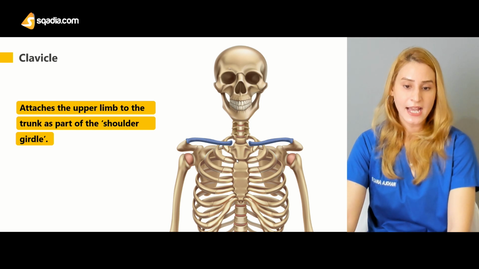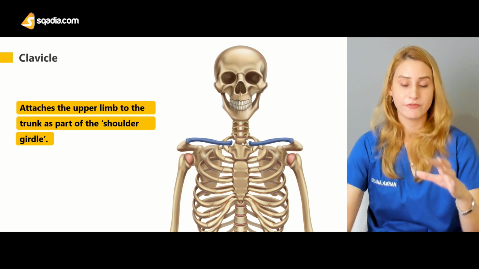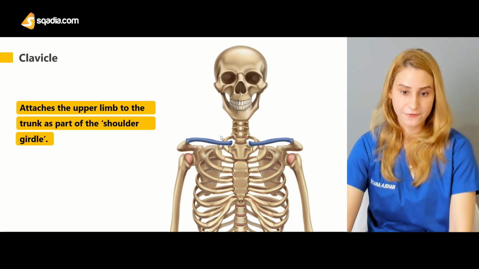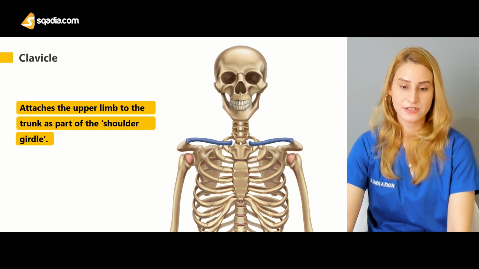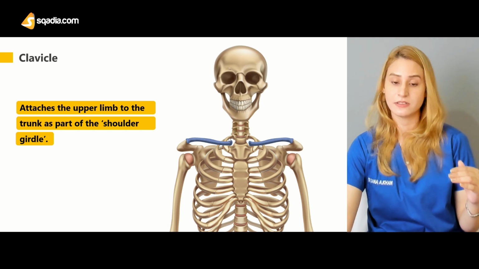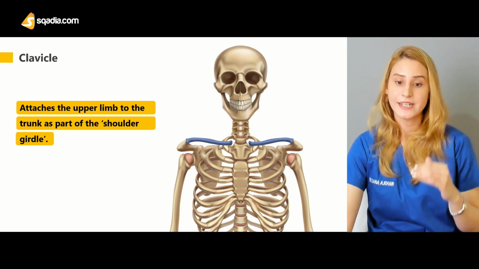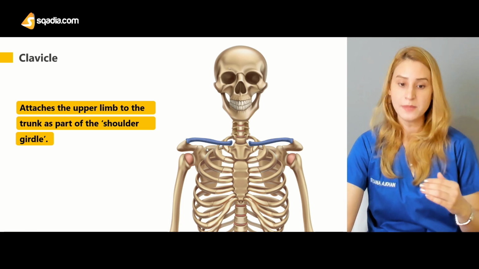And then sometimes it also has the attachment to the first rib, okay? So just see the rib cage. This is actually the first rib, the second rib, third, fourth, fifth, sixth, and so on. And you can see the sternum as well. So the medial end of the clavicle is attaching to the sternum and crossing over the first rib, and the